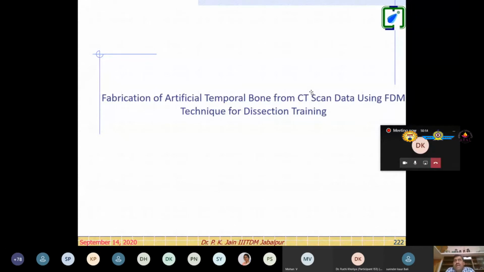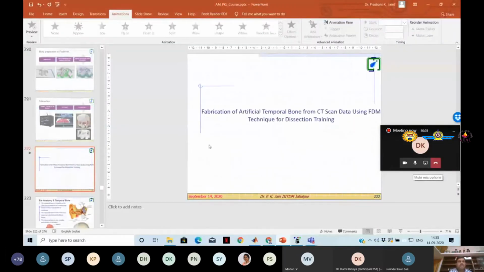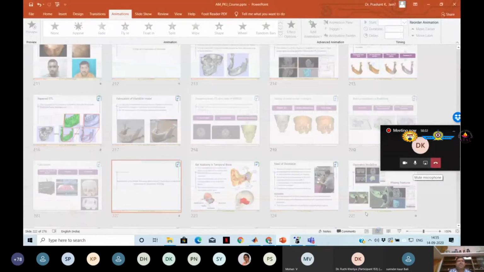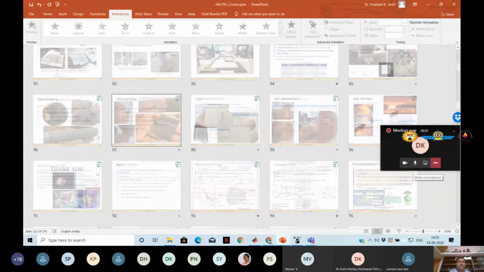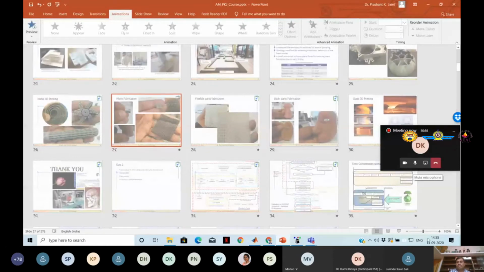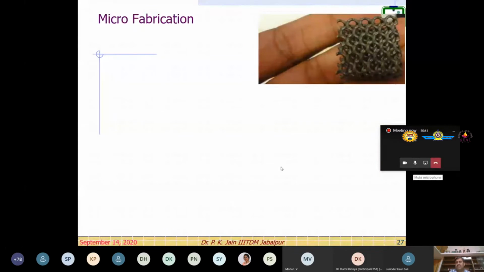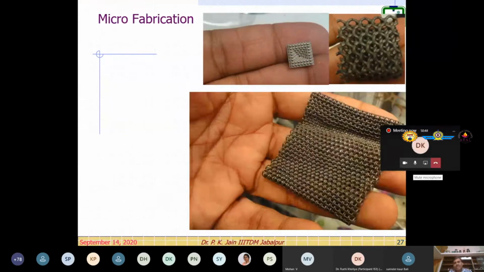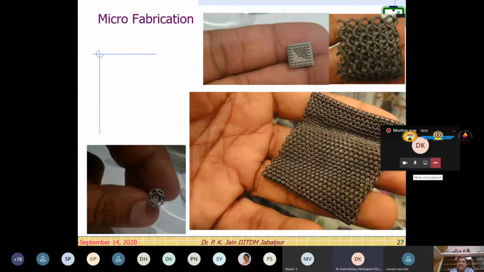It cannot be directly used because for implants we use titanium. Titanium is also being used in metal additive manufacturing. People are making, for example, titanium screws. Look at this. Small features are created using titanium, but here people use 20 micron size powder, not polymer. So it's a different equipment, different machinery, and it's very costly. Normally, it's more than a 6-7 crore setup.